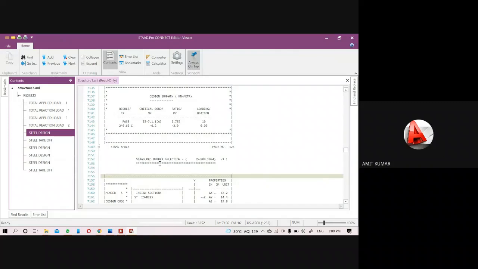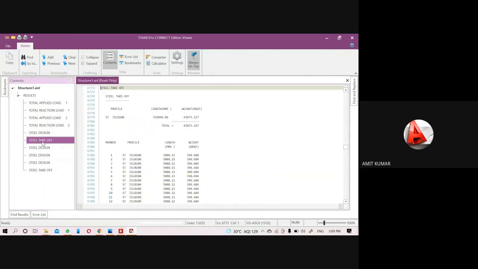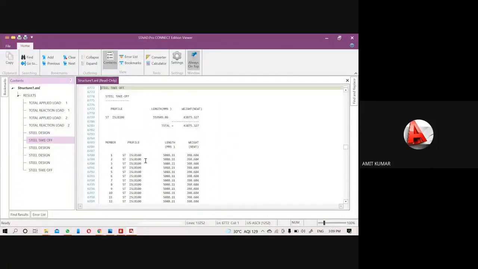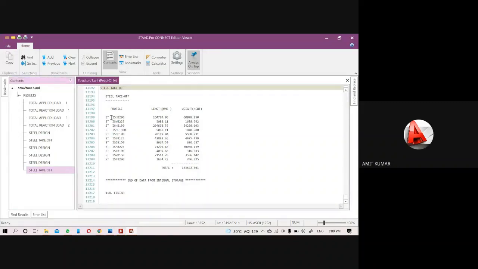Just see. Here you can see in the takeoff option there are too many profiles: ISHB 200, ISWB 225, ISHB. So there are too many section profiles.